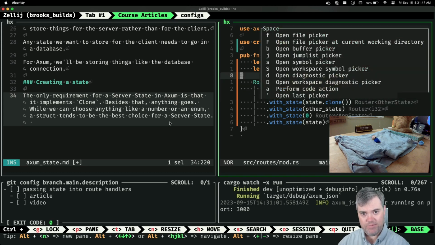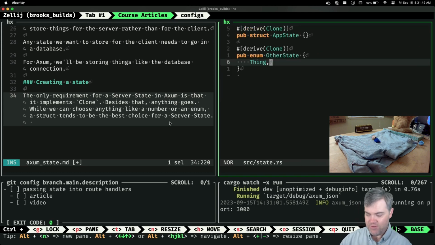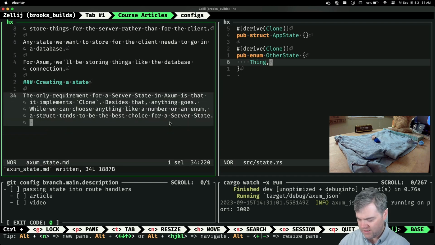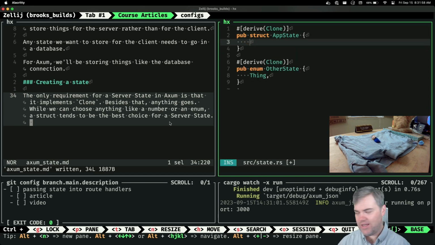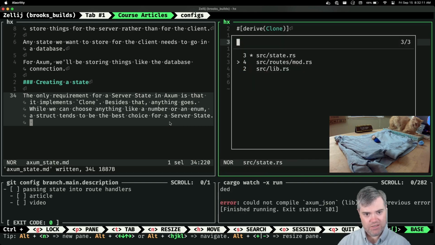Okay, so now I'm curious. Let's diverge from the left a little bit and explore state. So here in my app state, let's do a simple count. We're gonna start with this being an i32, which implements Clone and Copy.